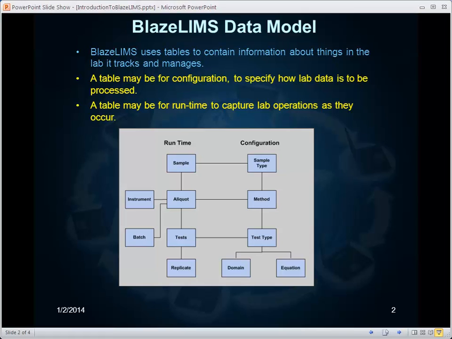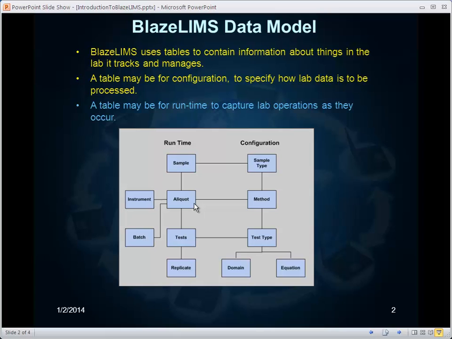BlazeLIMS uses data tables to contain the information about things in the laboratory it tracks and manages. A table may be for configuration, to specify how lab data is to be processed, or a table may be for runtime, to capture the lab operations as they occur. For example, there's a BlazeLIMS table with a row or record for every sample. Information about how to process the sample, such as workflow rules, is defined by a corresponding row in a sample type configuration table. There is a table containing a row for each aliquot or subsample that is to be processed through a laboratory method,